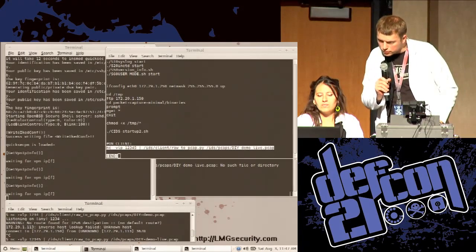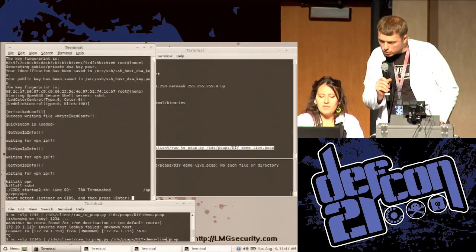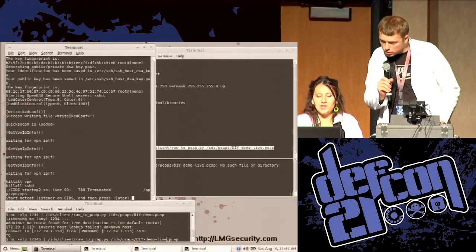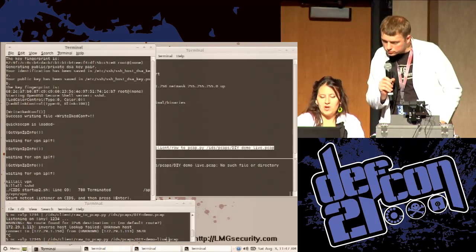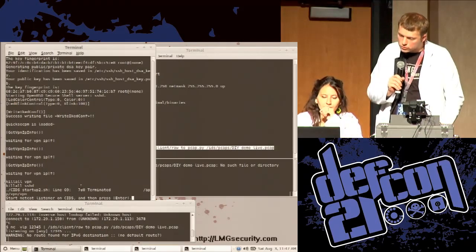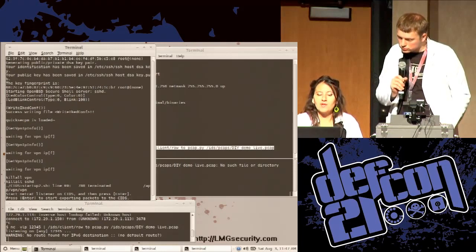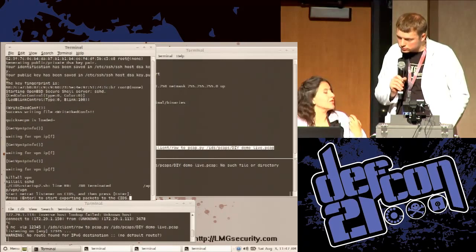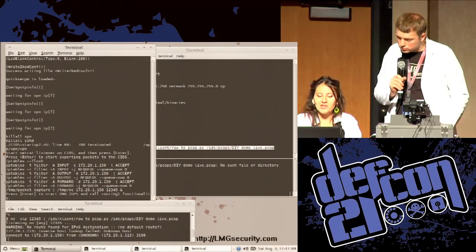So next, we kill the VPN and we kill the SSH. And then we start the netcat listener on the SIDS. So at this point, we're waiting for that traffic to be shipped over. As soon as I hit enter, the traffic that's being collected from the femtocell is going to start being sent over to the SIDS. So press enter to start exporting packets to the SIDS,